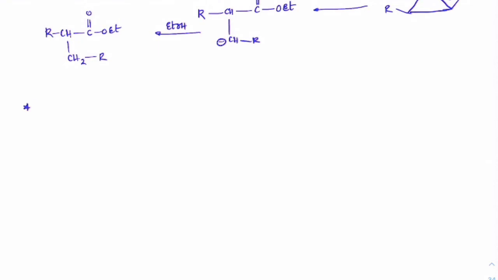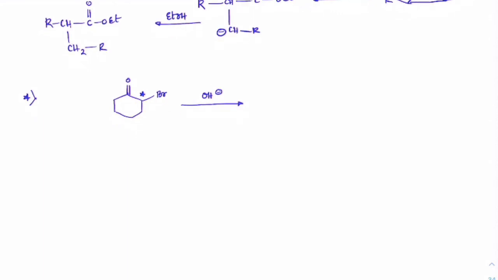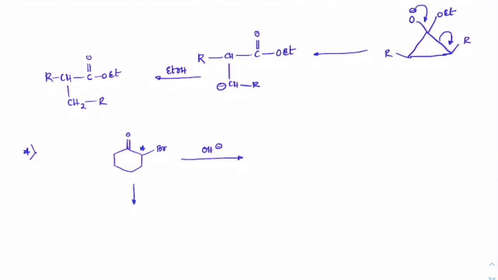This was once asked in JEE, so I'll just show the question. This was the question asked, like if you have double bond O with Pr and there is an asterisk mark given here, which means it is an isotopic carbon, and if you treat that with OH minus, what is the product formation? Okay, so it was given in a multiple correct option. So check out, as per the mechanism, see the shortcut. Don't worry about how the mechanism is happening, sir.